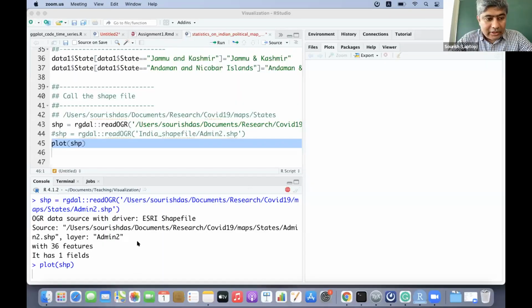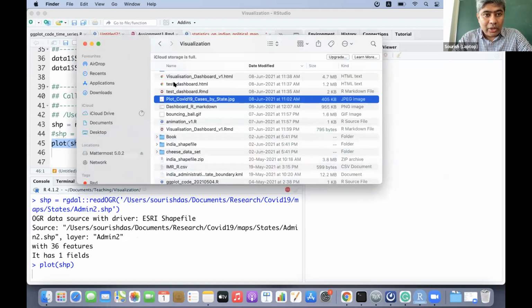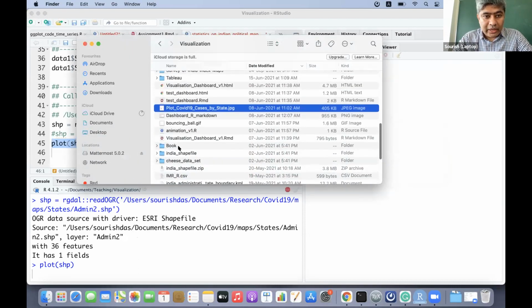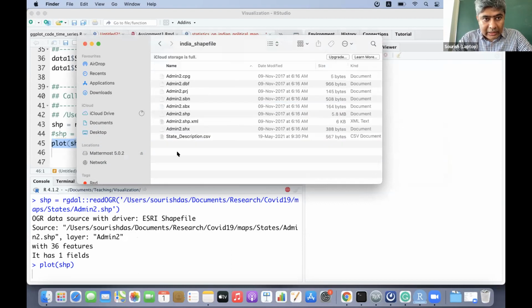Okay, let me show you actually. Share my screen. So you see, it is still running. It will take a little bit of time to draw the first graph. So meanwhile, I'll show you the shapefile. So here is the India shapefile. You can see we are calling this admin2.shp, but along with admin2.shp, there are some other supporting files also.